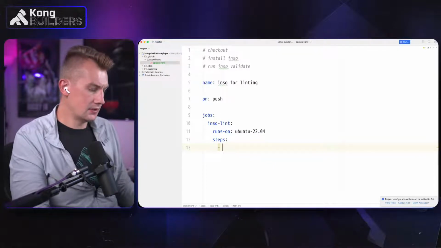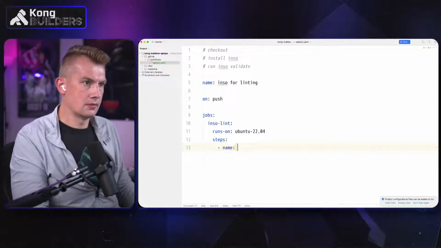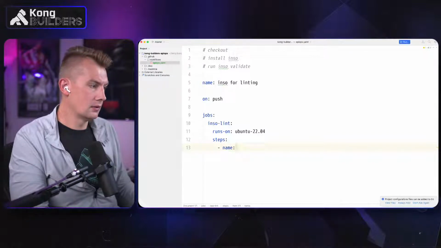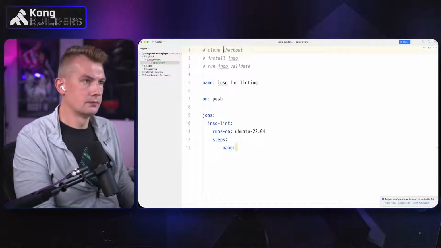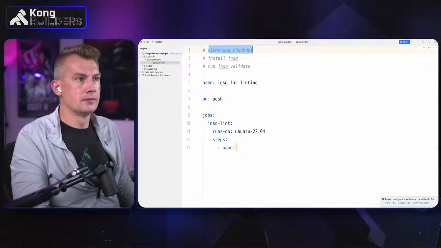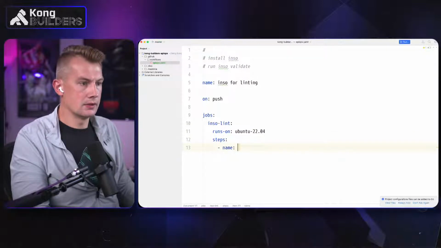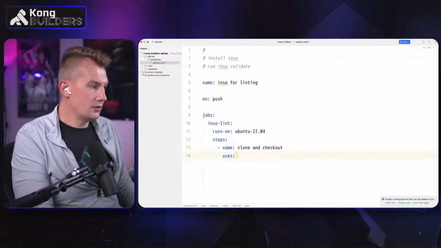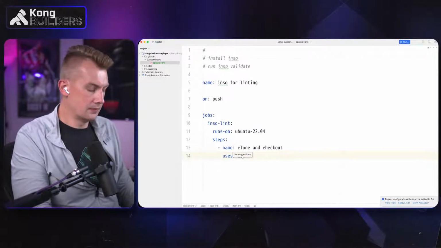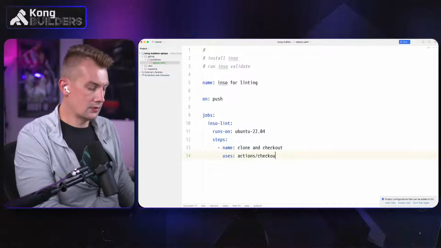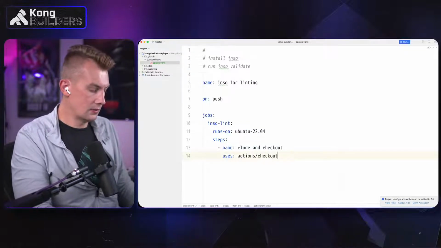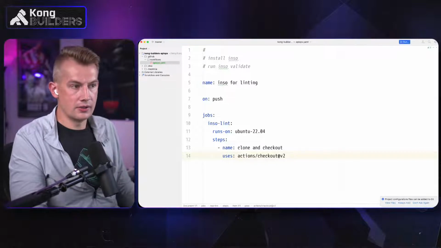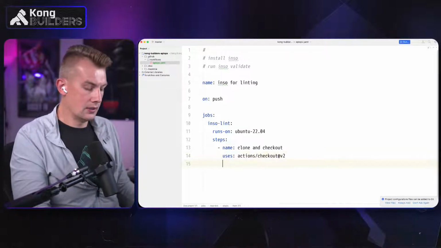So first step is we have the clone and checkout. So we're gonna go with this one. It's gonna be using actions/checkout at v2. So we can bring this repository. And the next thing is to use